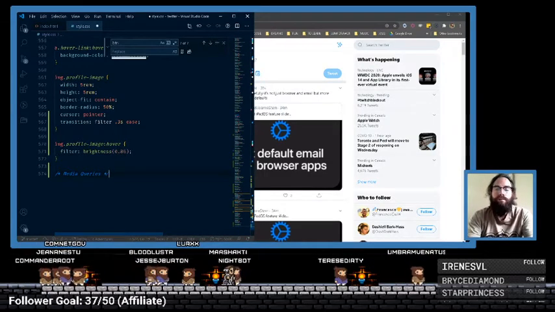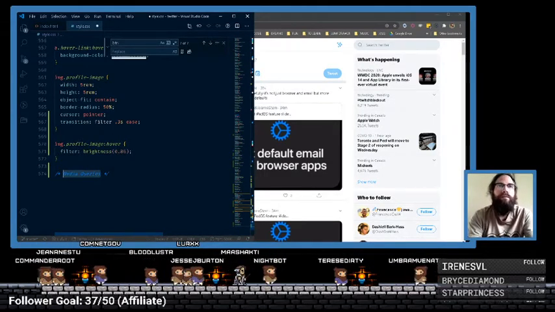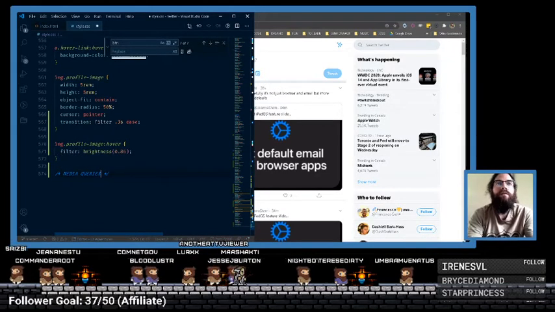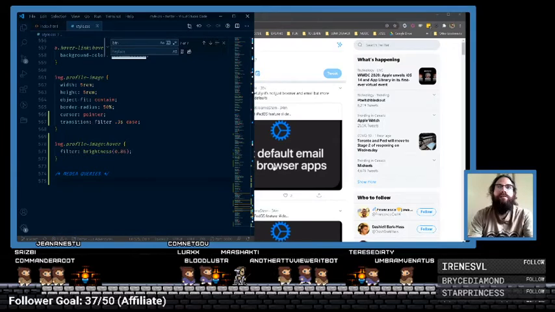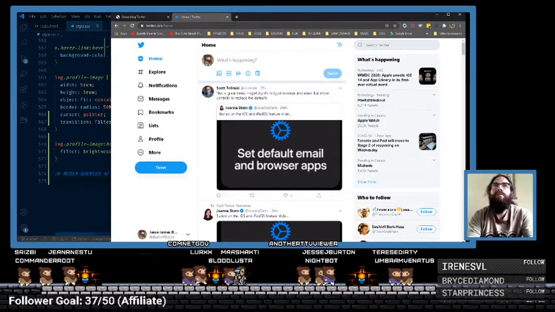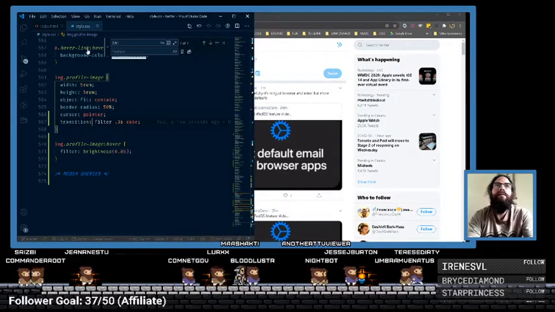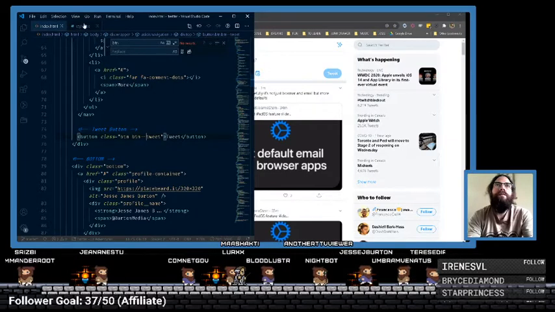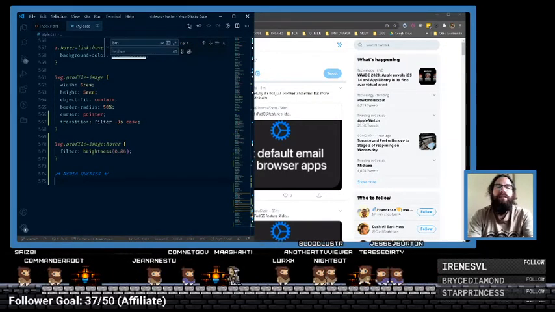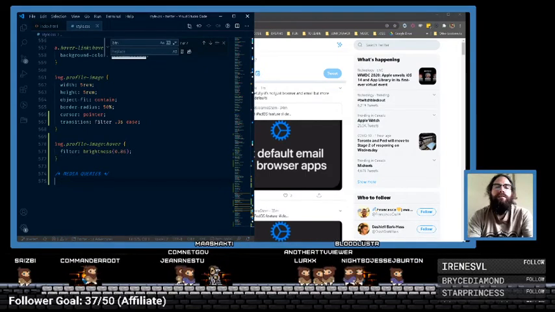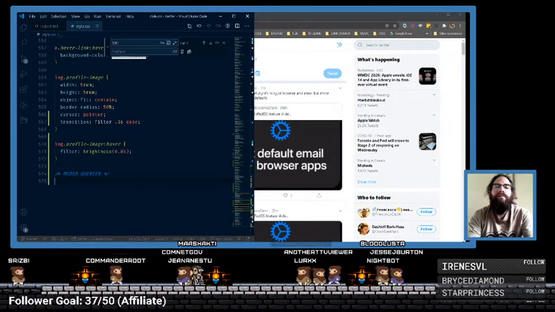We'll keep those. I think my naming conventions have been uppercases here. So we need to look at the sidebar. That's the piece that we're doing. And we want our media query basically. So for anything under